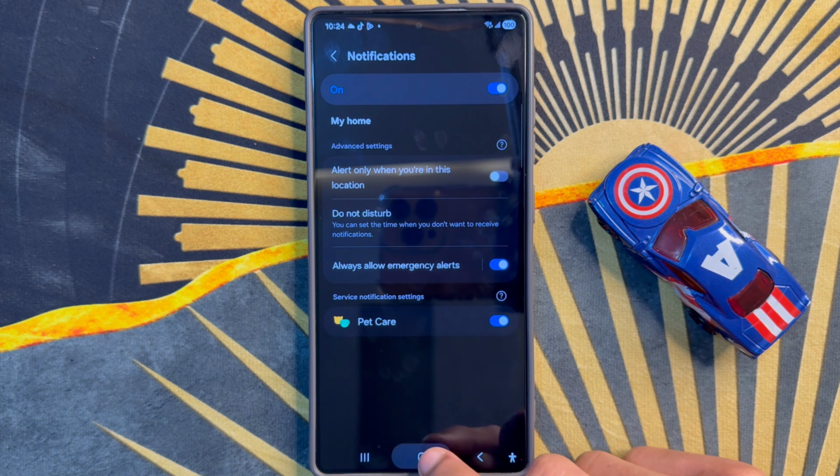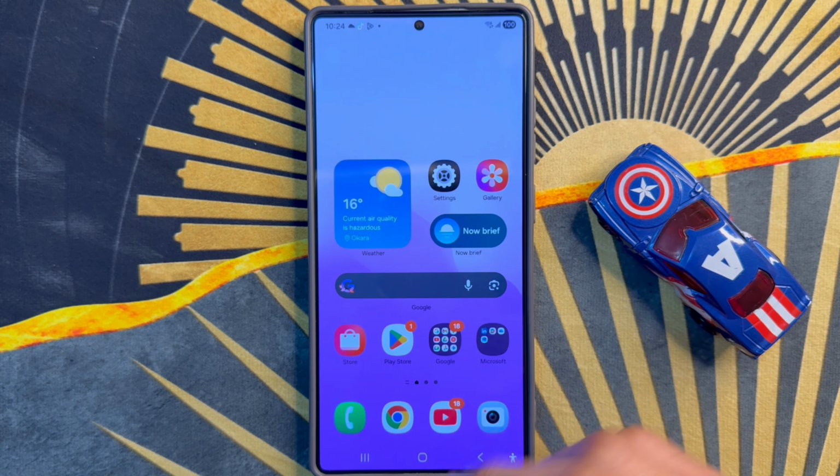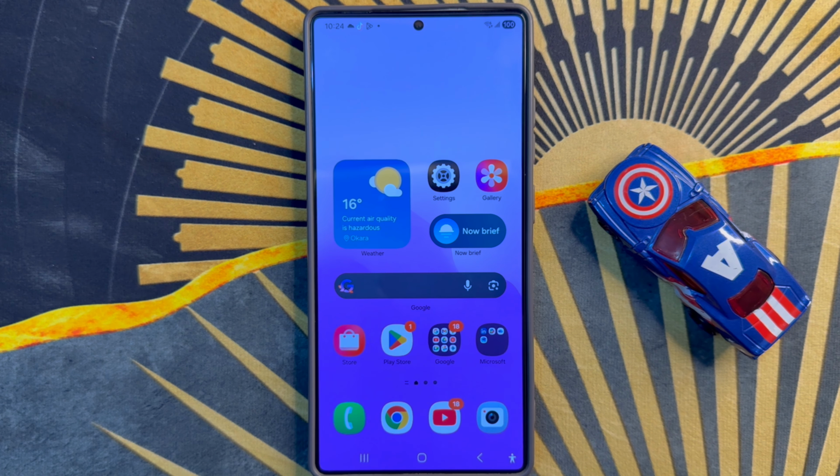After the process, go back to the home screen and refresh the phone. So that's how you can enable or disable Find notification in the SmartThings app on Samsung Galaxy